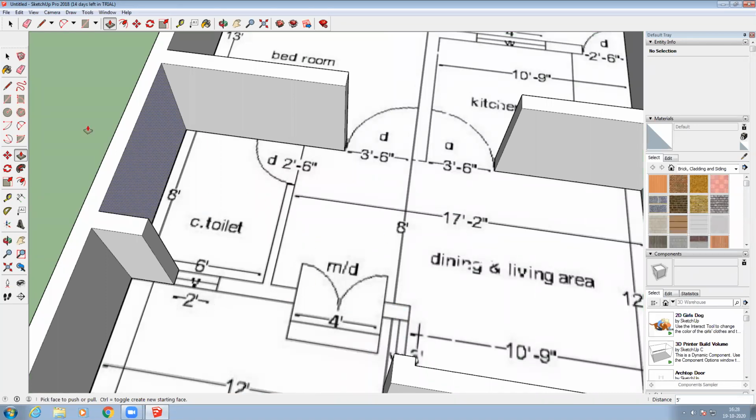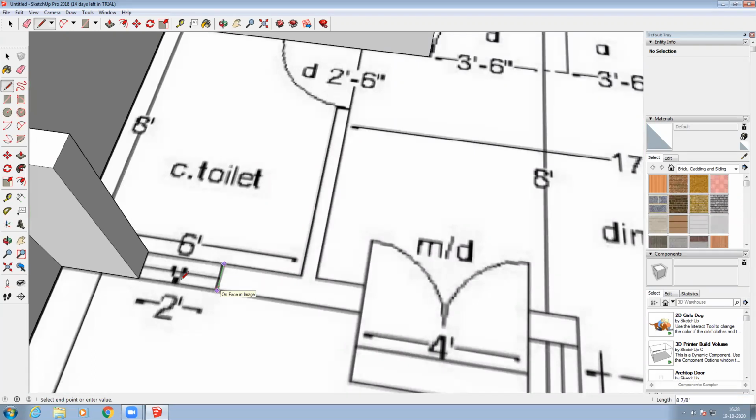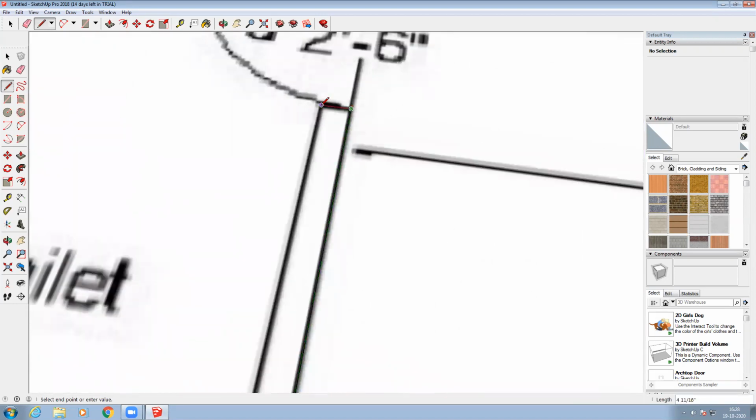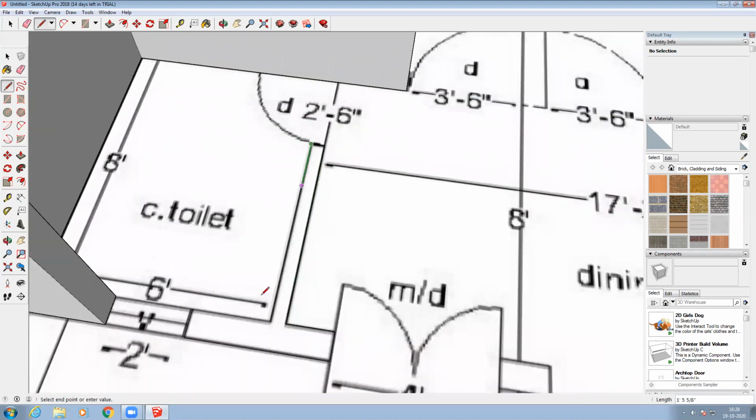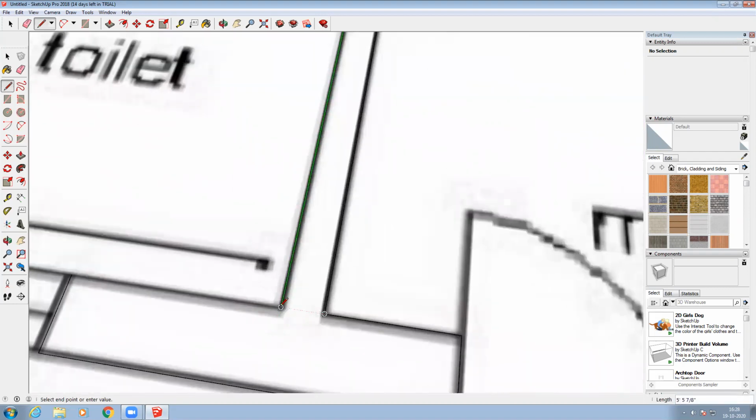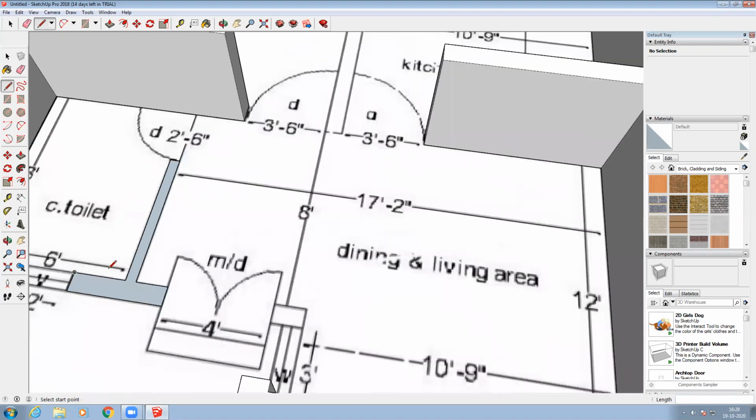So at that time again I want to take the line, and then I'm going to draw this particular line whatever I want to, because it is an image, you have to zoom it and you have to see the particular point.